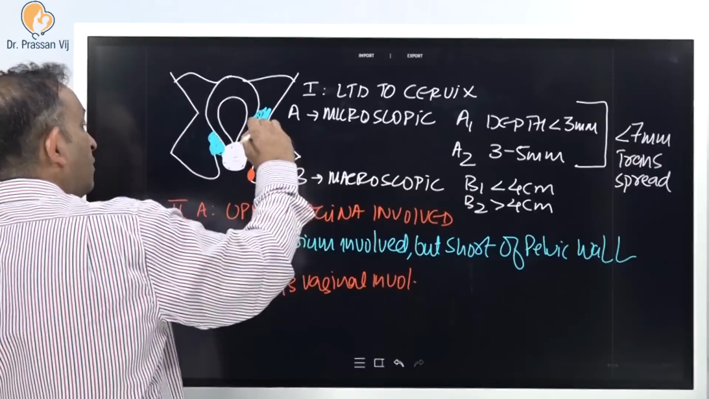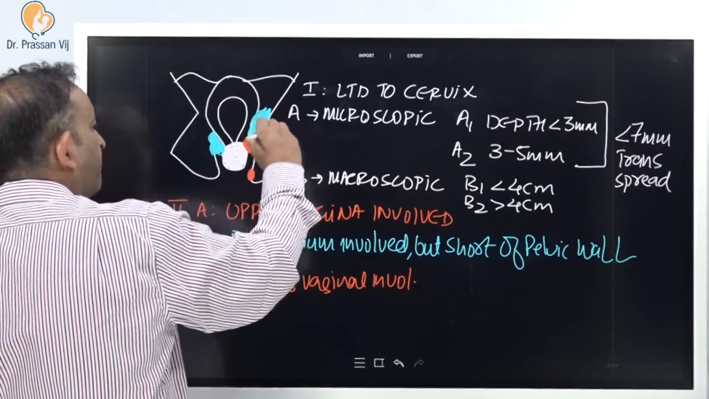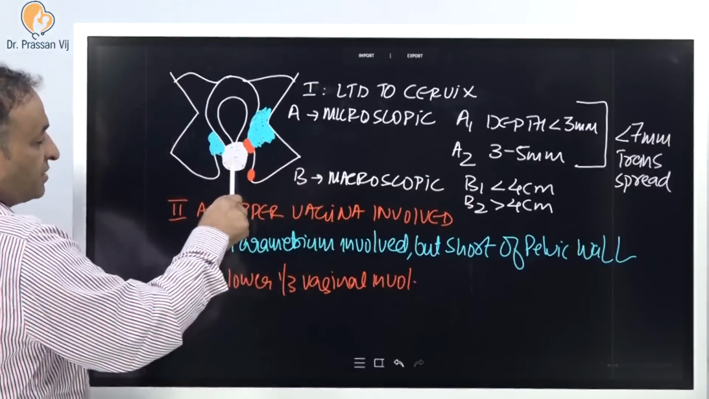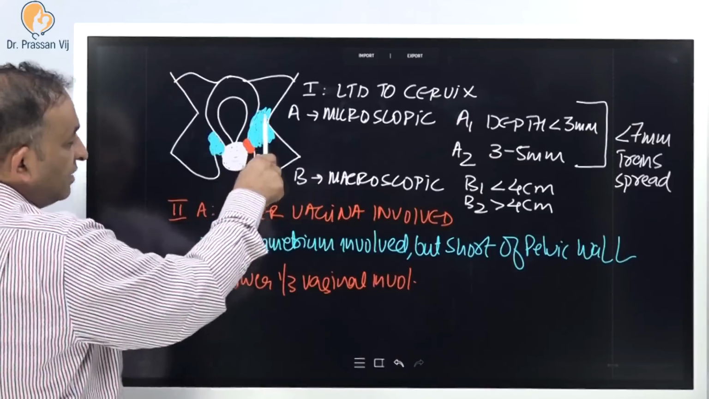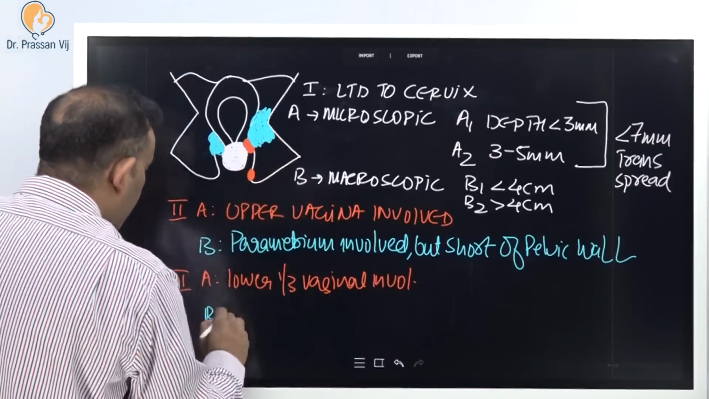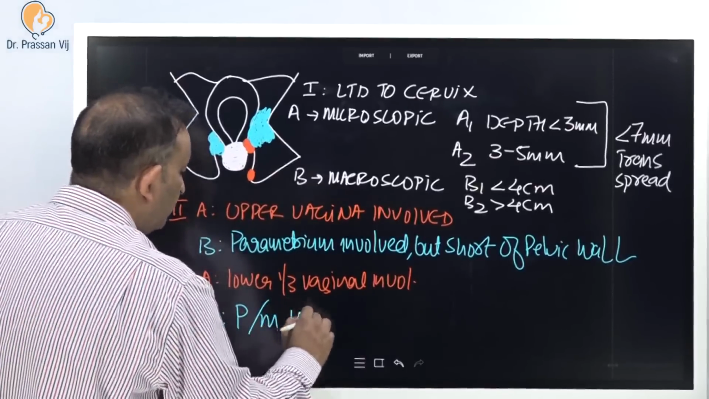I'm just giving you a color code. Obviously, it's the same growth. It's just a color coding so that you can understand better. So, the cancer has gone out from the cervix involving the vagina and also involving the parametrium up till the pelvic side wall. So, stage 3B, parametrium, PM I'm writing, involved